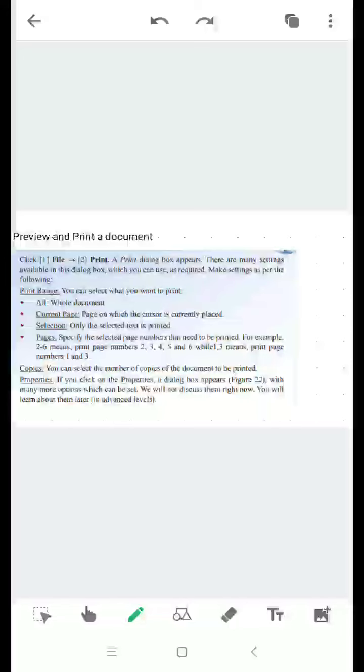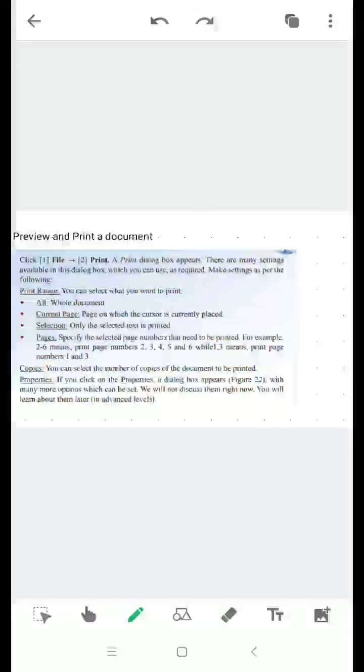To print a document, we have to click on the file tab which is present on the top left corner of the Word document area. If you click on the file tab, we'll be able to see a number of options like new, open, save as, close, exit, preview, save and send and all. To print a document, we have to select the option print. As soon as you select the option print, a dialog box appears with the different settings, like you can see here print range, and the number of copies you want and the different properties.